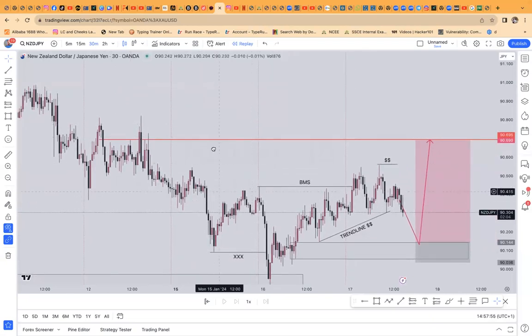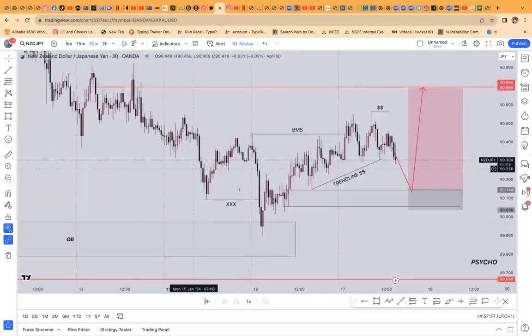Now, look at this area. Price came here and swept this liquidity. There is a liquidity here that is swept. So this area, price swept that guy, tapped into that order block. Now, this is the high that was created. Look at that high before price swept this guy. Now you can see price has taken that guy out.